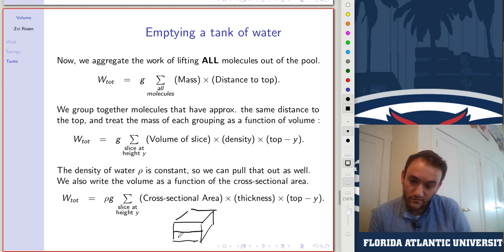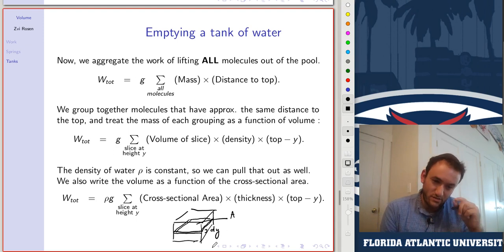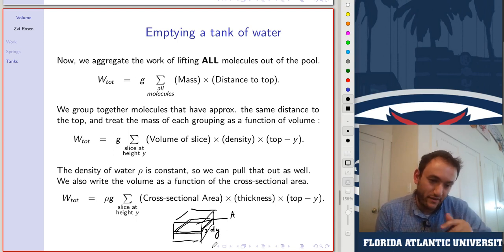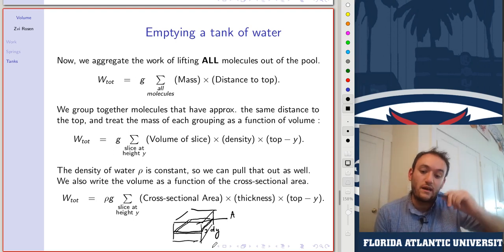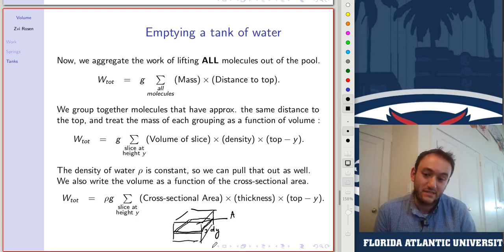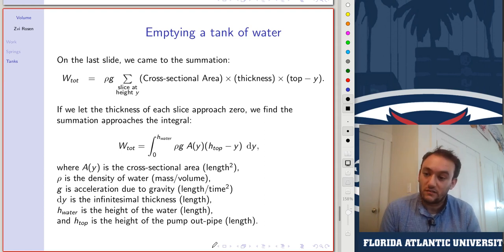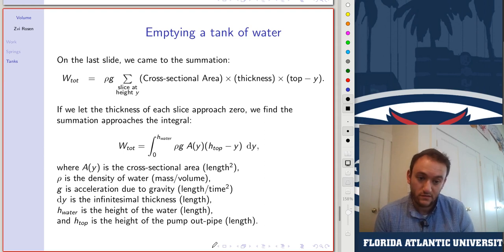So the volume of the slice here has area A and thickness dy. Just this tiny thickness, so that everything is still pretty much a constant distance to the top. So the volume of that slice is A times dy. Okay, so we have this summation: